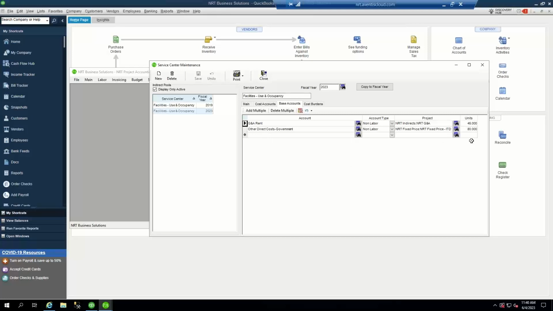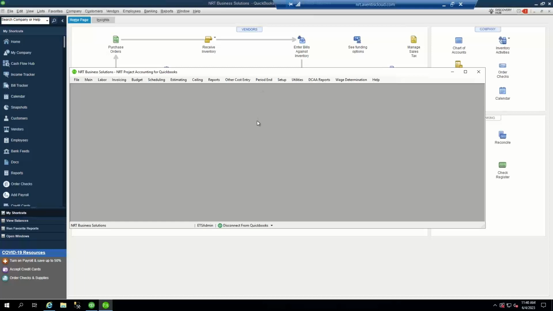Those units will be defined by your setting up your service center, but when we calculate the indirect rates, it will also ask me, do I want to update these units when I'm calculating? And then if there's any interpool burdens that come into the pool. So once we define these pools,